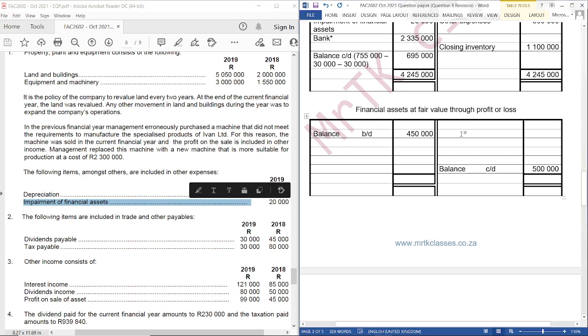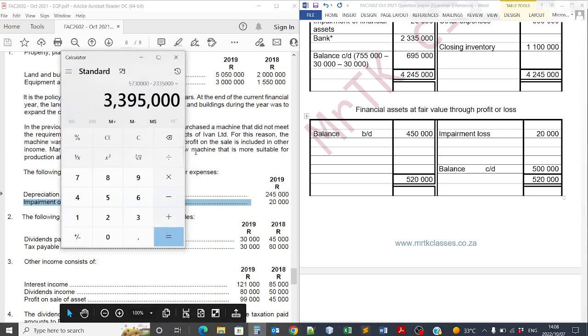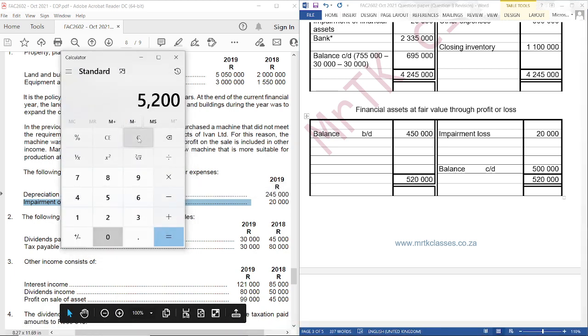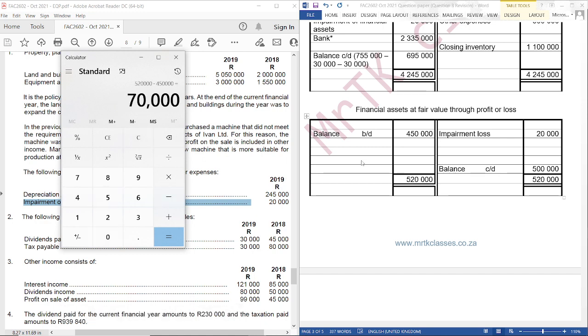So this is impairment loss, right? 20,000. So we are going to get 520,000, right? Then 520,000 subtract 450,000, 70,000,